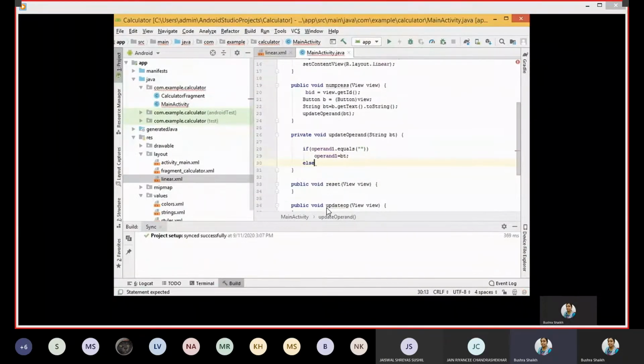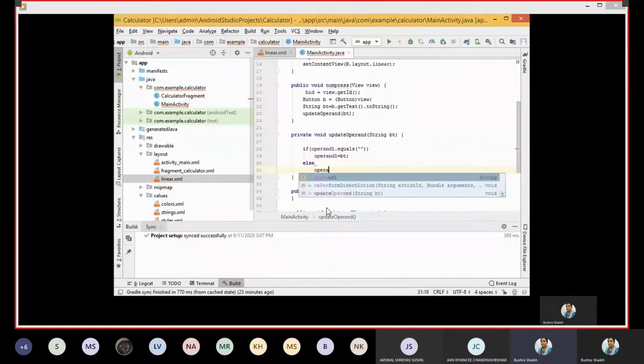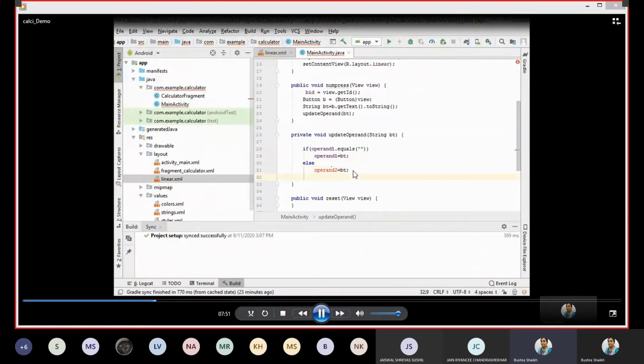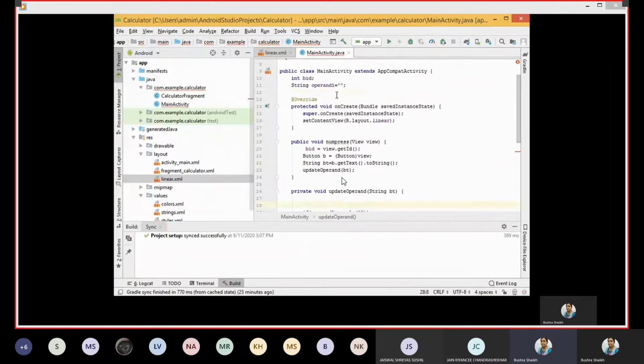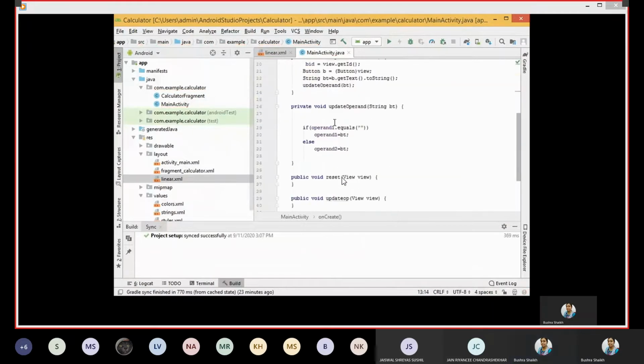So now what basically we are trying to do is we are trying to set the operand. As of now, as I told you, we are working only with two operands. So first we need to check if the first operand is null, then set the first operand, else set the second operand. Okay, so this is the simple logic, because obviously the first operand has to be set first and then the next operand. So again, shifting the second operand also up for making it global.